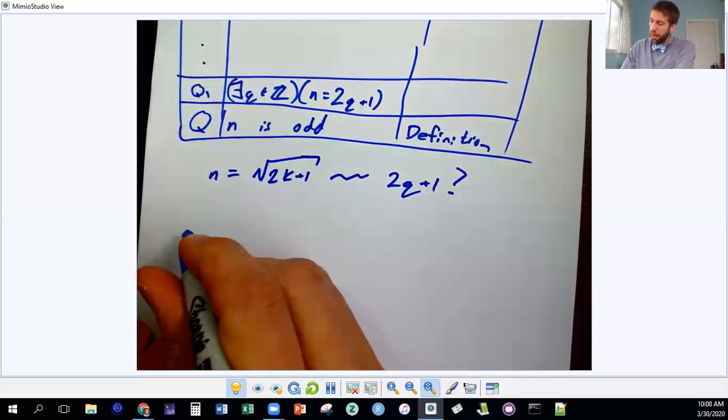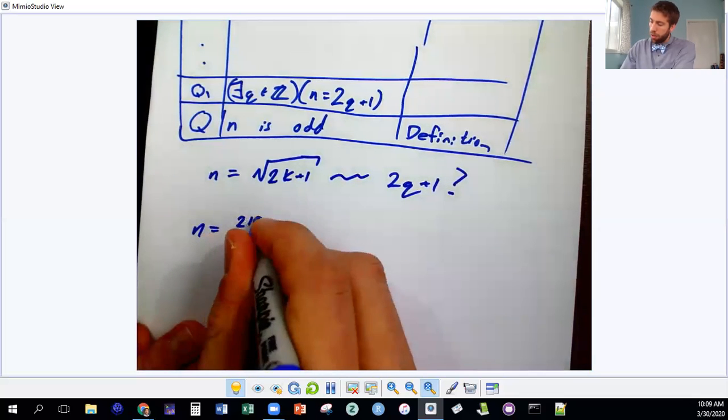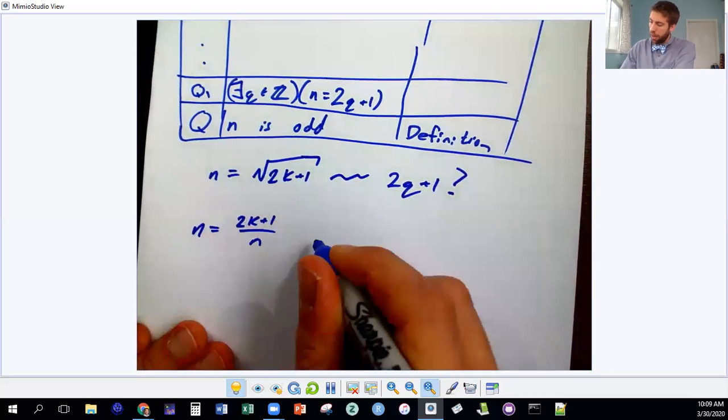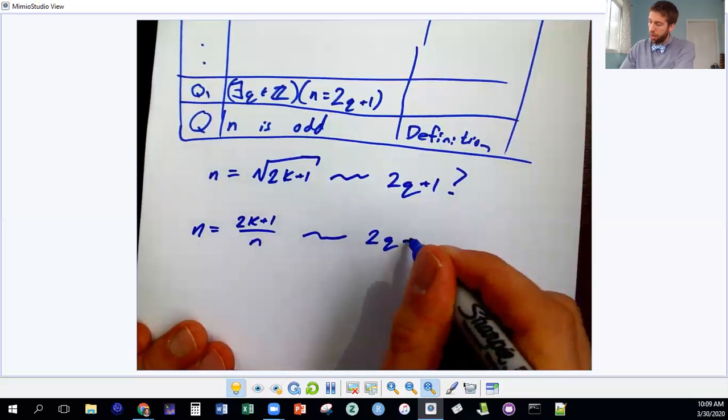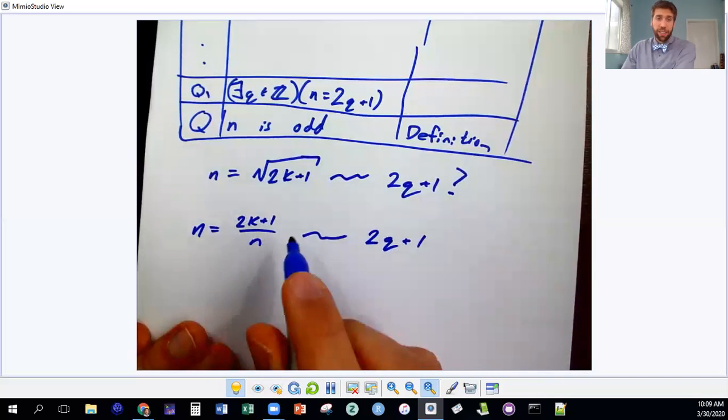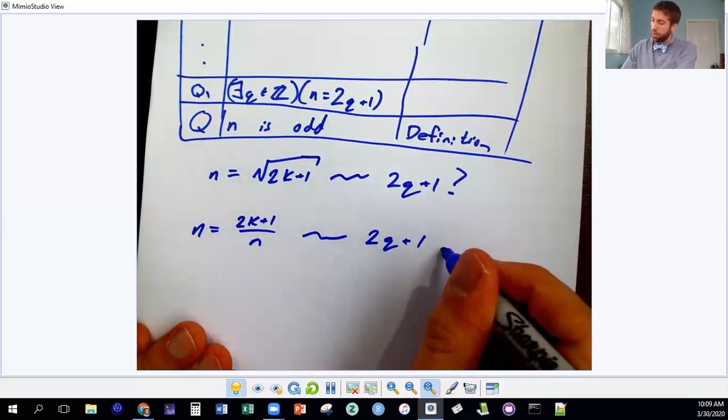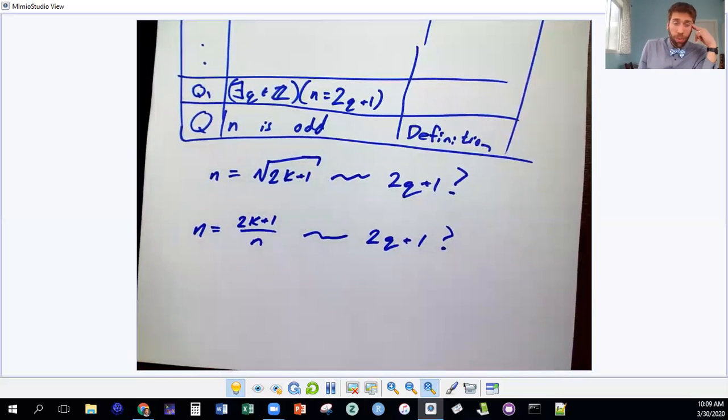Then what if I divide by n? n equals 2k plus 1 over n. How do I get that to be 2q plus 1? I've got n inside of that. That's trouble. So this is an example where the algebra really doesn't help you. There's not a good algebra connection there. However,